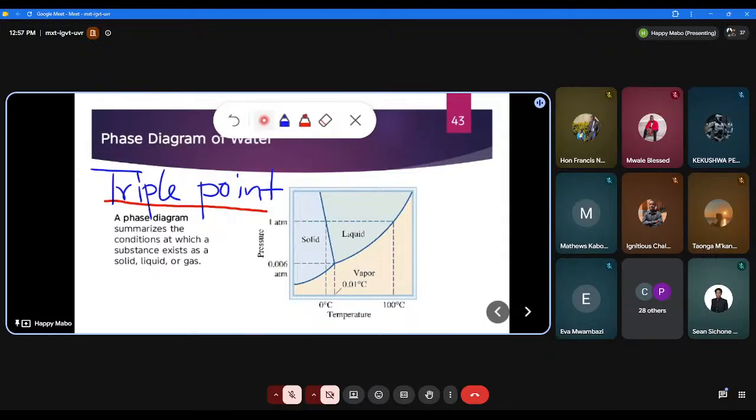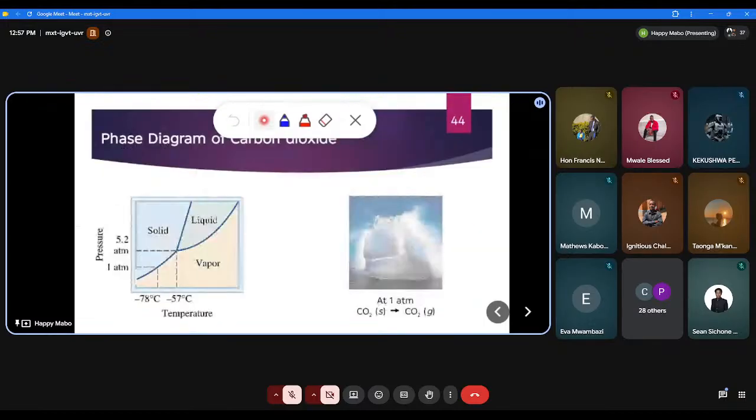When you compare this with another substance, carbon dioxide also has got a triple point. So for this triple point, the temperature is negative 57 degrees Celsius. The pressure is at 5.2 atmospheres. Okay. What is interesting about carbon dioxide is that when you look at its application in real life, you see that